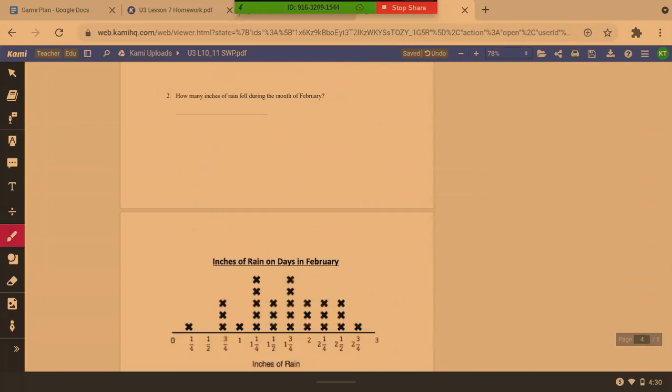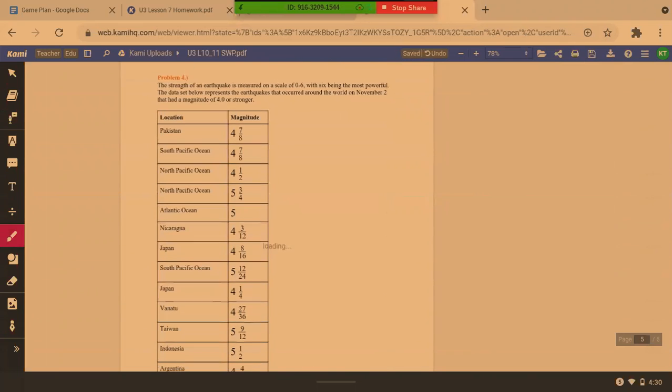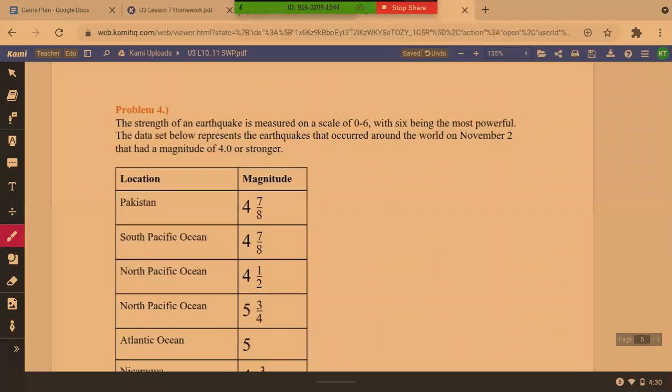All right. This next problem, whew, it's going to be a lot. But you know what? We can do it. So the strength of an earthquake is measured on a scale of 0 to 6. And I know y'all know this because I'm also your science teacher. We were going over natural disasters. We can use the Richter or the Mercalli scale. I know we know about earthquakes. Okay, anyway, with 6 being the most powerful, the data set below represents earthquakes that occurred around the world on